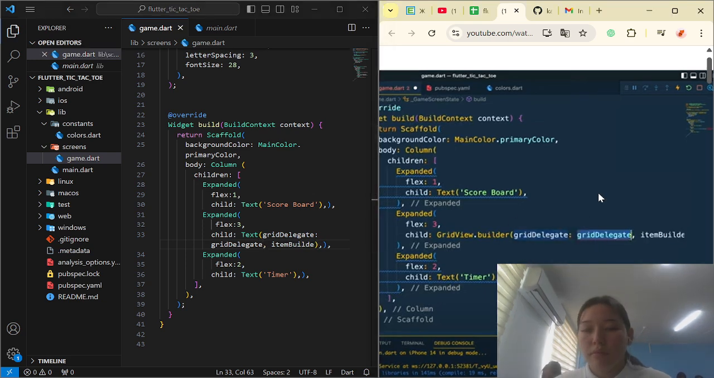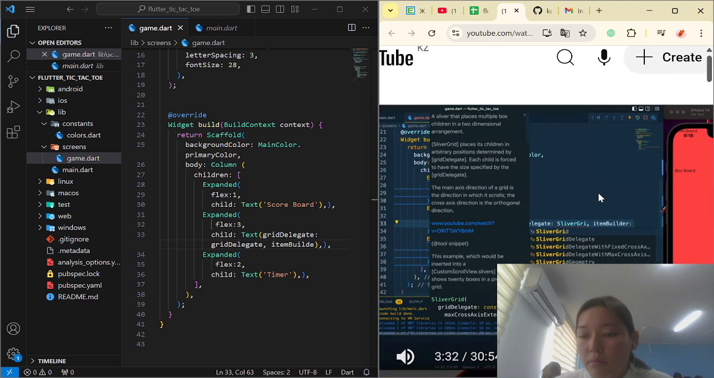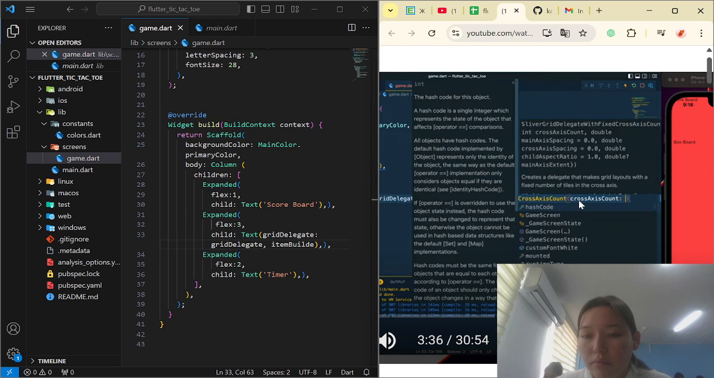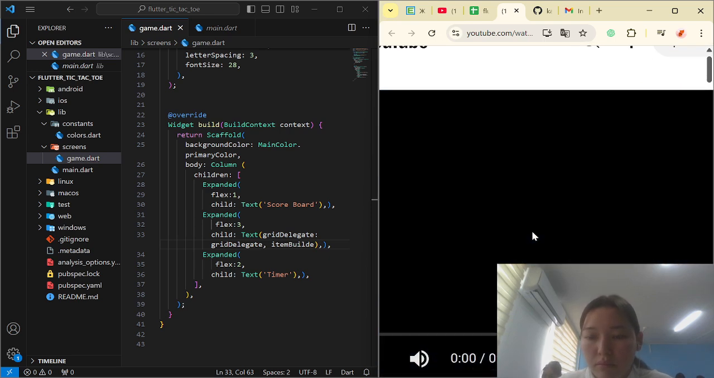And here for the grid delegate I'm going to use SliverGridDelegateWithFixedCrossAxisCount, and for the cross axis count I will provide 3. And for the item builder,